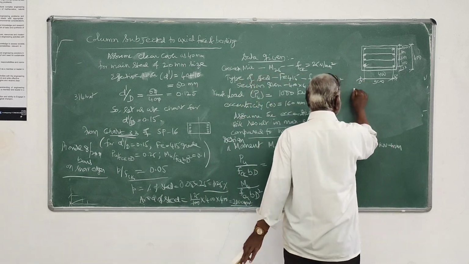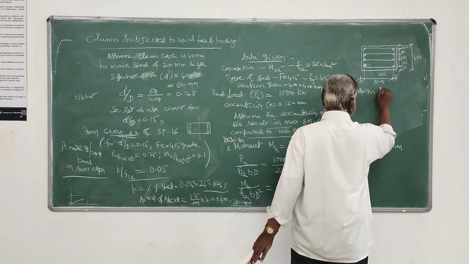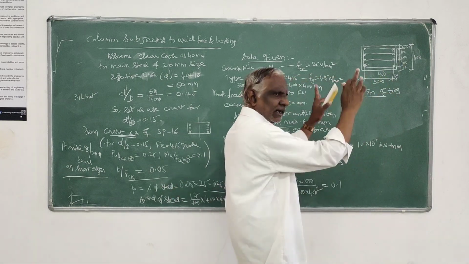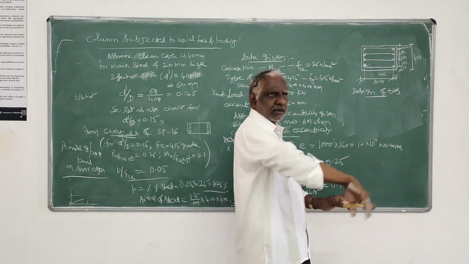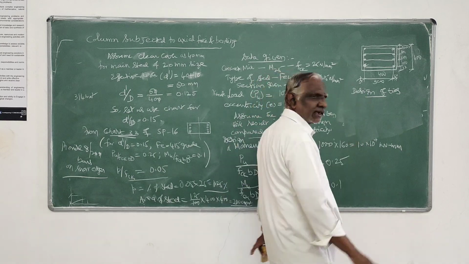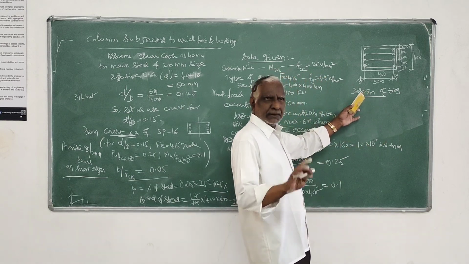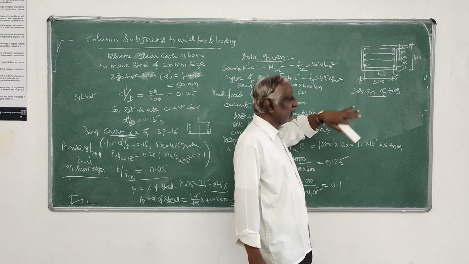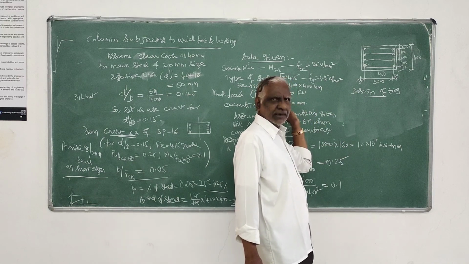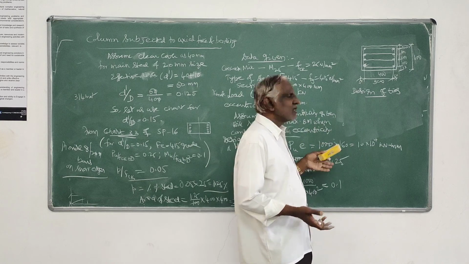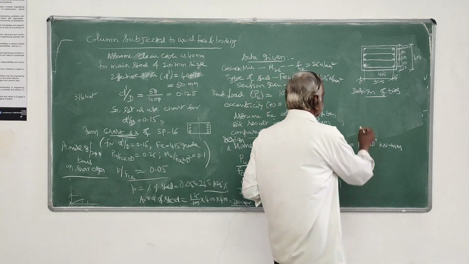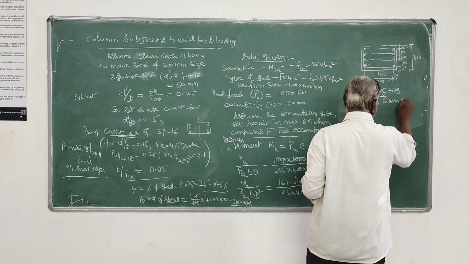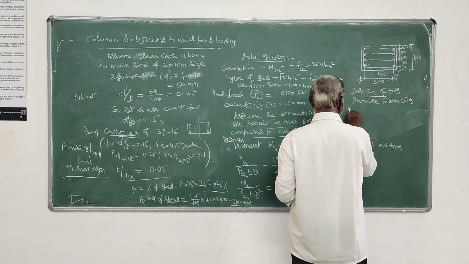Then the design of ties, the transverse steel. Longitudinal steel you have provided, and you have held it in place by providing ties. Now I will design the ties. The diameter of tie should be minimum 5 mm or 1/4 of the size of the longitudinal bar. Longitudinal bar is 20 mm, 1/4 of it is 5 mm only. So let us provide 6 mm ties.